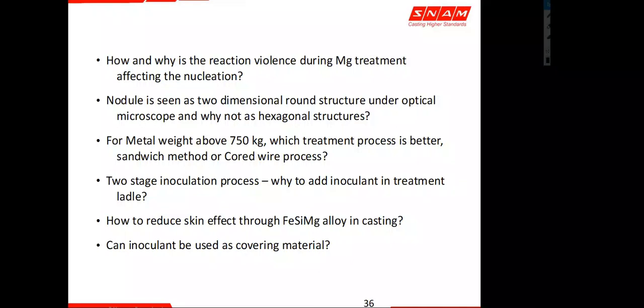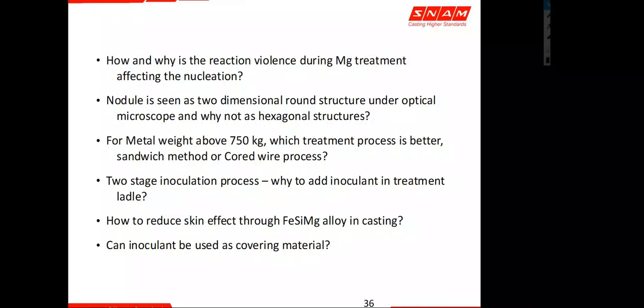And the next thing is your metal will get inoculated first and then magnesium treated next. When your metal gets inoculated first, some of the oxygen is taken by the inoculant. So you have less oxygen available for magnesium, so you get the best results out of your magnesium treatment. So this is how having an inoculant as a cover alloy, or a specially designed cover alloy for the treatment alloy, is helping.